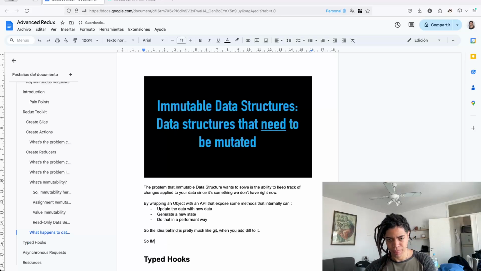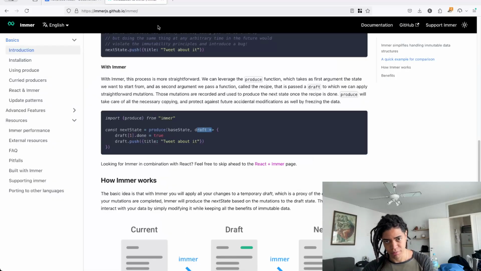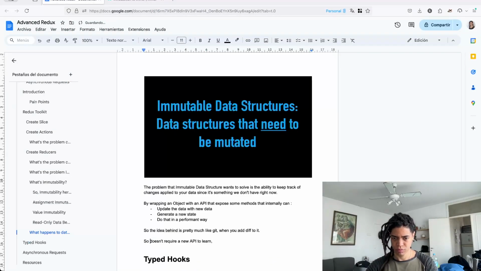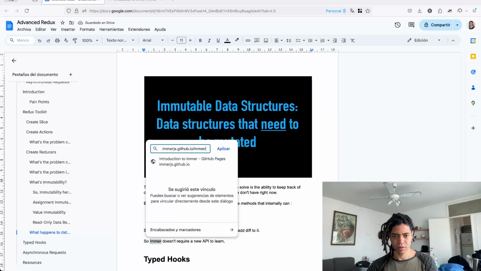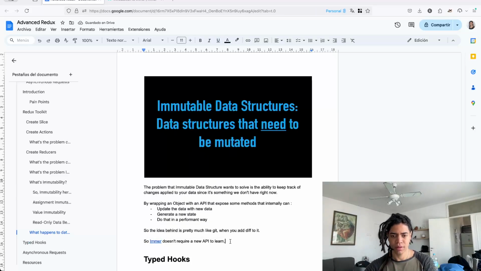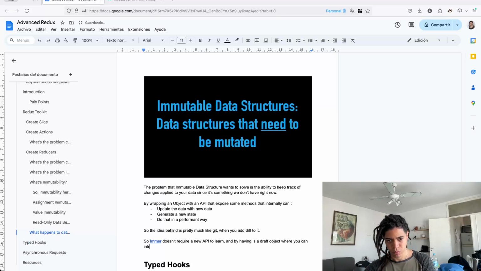So Immer doesn't require a new API to learn, and by having a draft object where you can introduce your change,